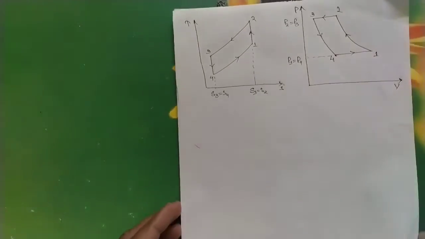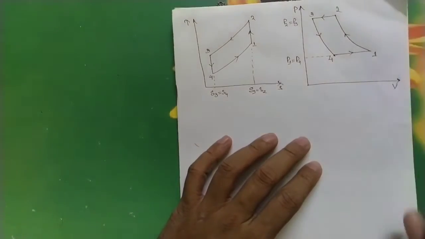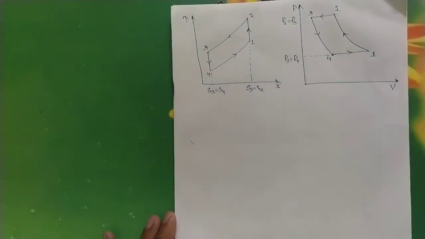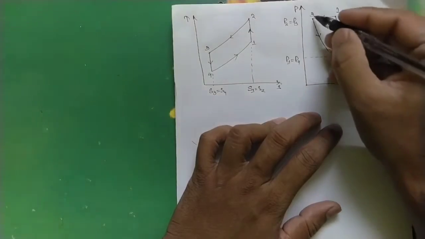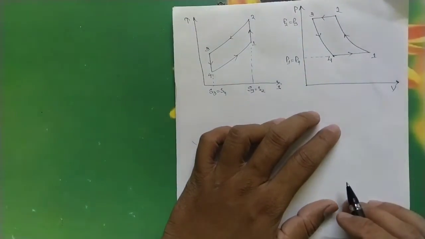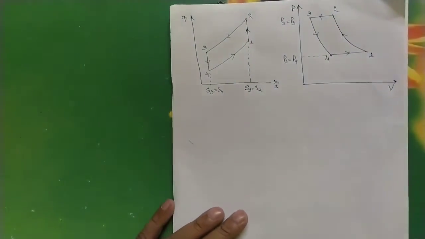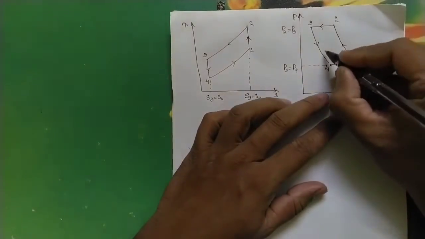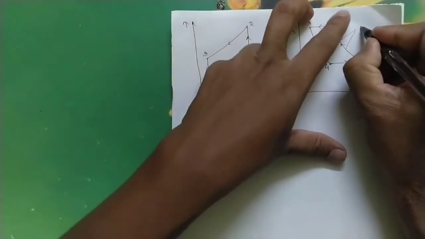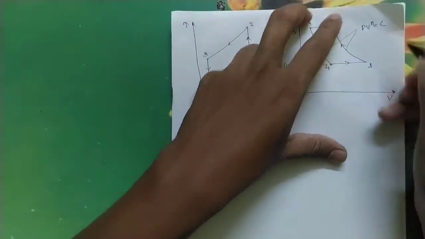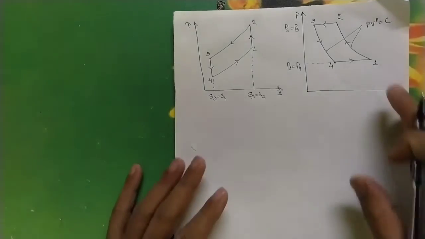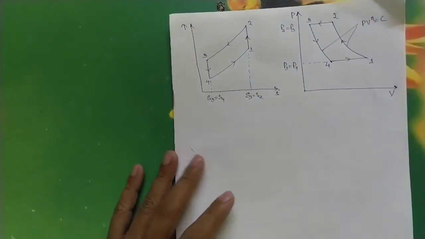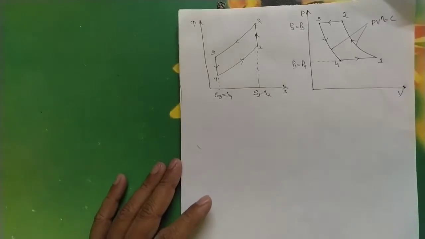So earlier we derived the formula for COP when the compression and expansion processes were isentropic, that means reversible adiabatic. That reversible adiabatic process followed the law PV^gamma equals constant. But what if these two processes follow the law PV^n equals constant, that is, a polytropic process? Suppose 1 to 2 and 3 to 4 are polytropic processes, then what will be the COP?